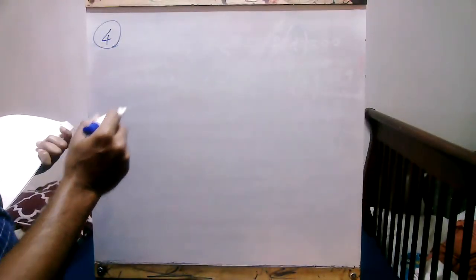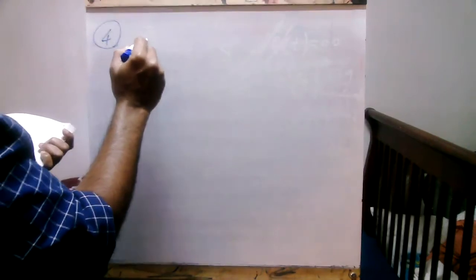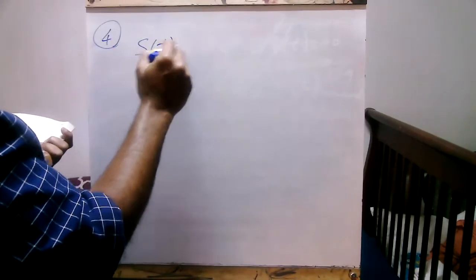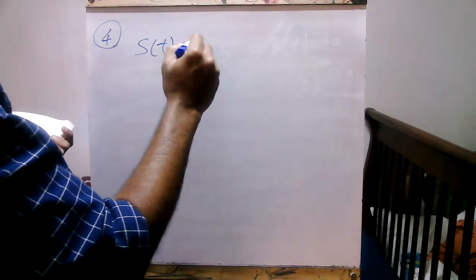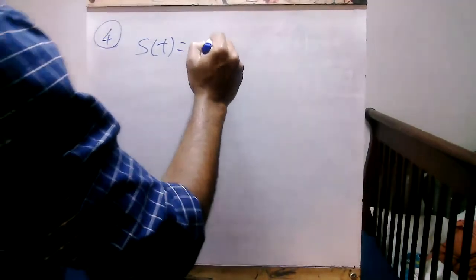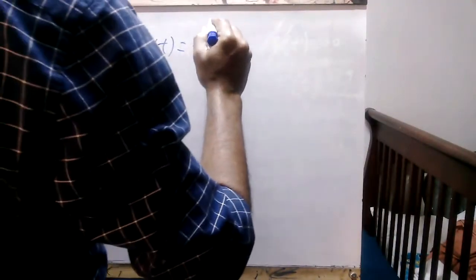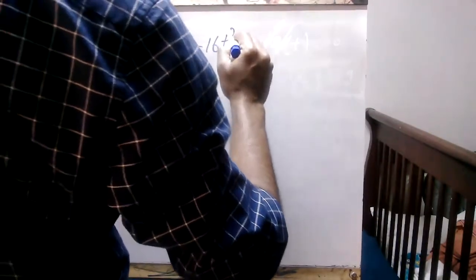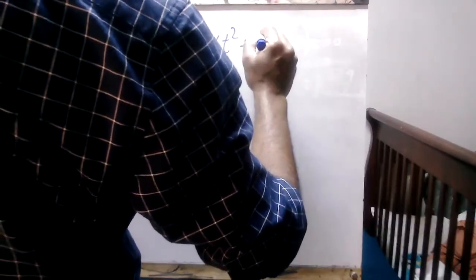The ball is thrown vertically upwards and its distance is governed by this equation: s of t equals negative 16 t square plus 64t